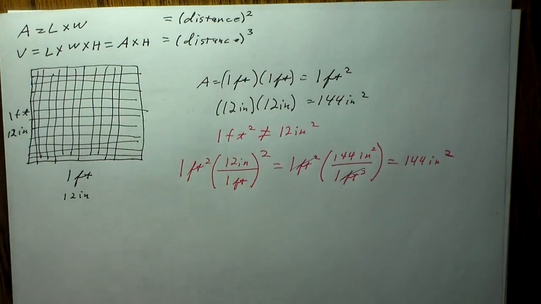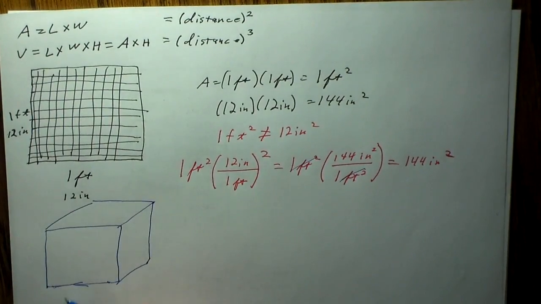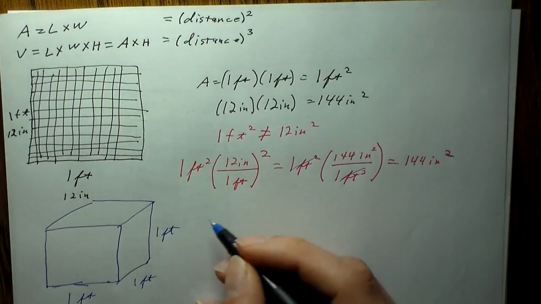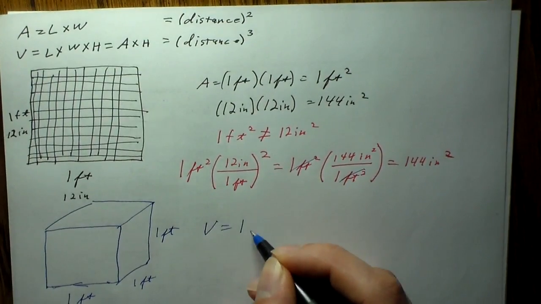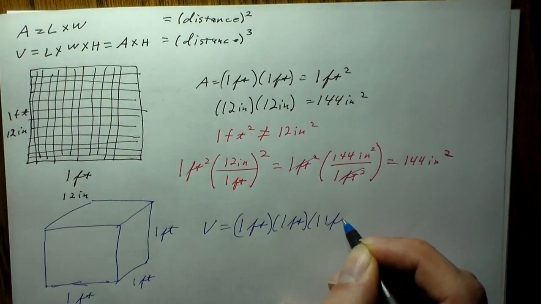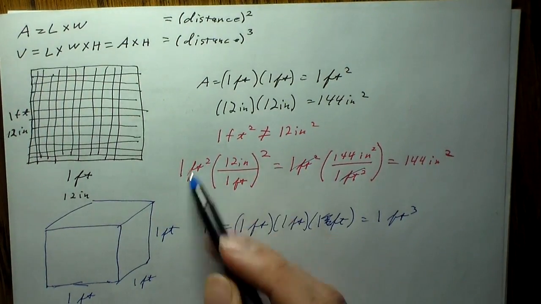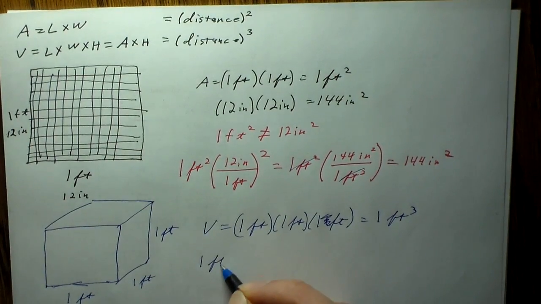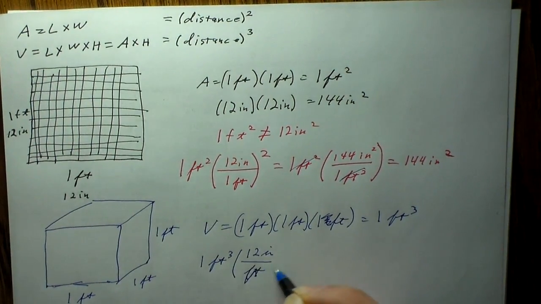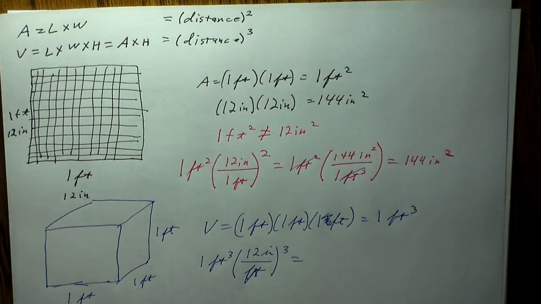Okay. Very similarly, if I were to go here and make a box which is 1 foot on each side, then very easily the volume of this is just going to be 1 foot times 1 foot times 1 foot, which is just going to be 1 cubic foot. And very simply, just using the same technique we had up here, that's going to be 1 cubic foot is now 12 inches per foot cubed, which if we just take 12 cubed, that's actually just going to equal